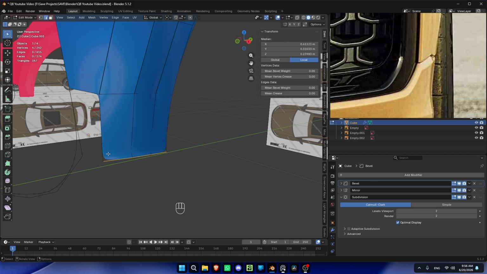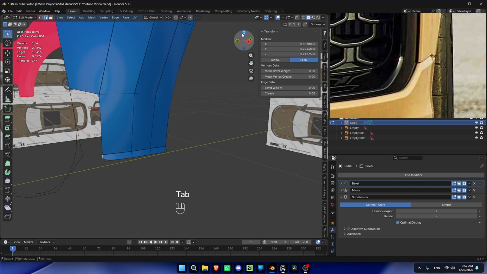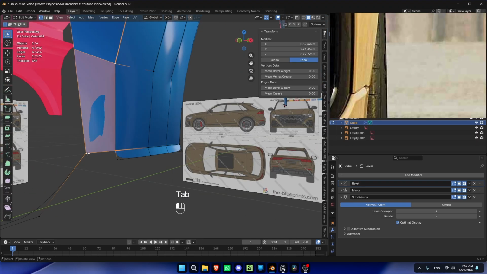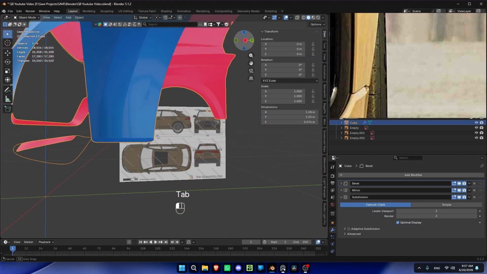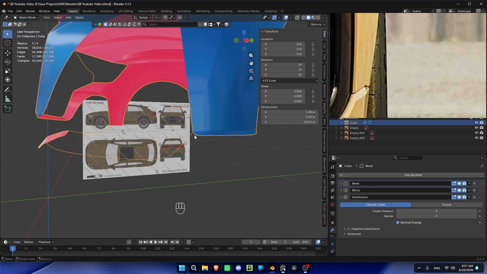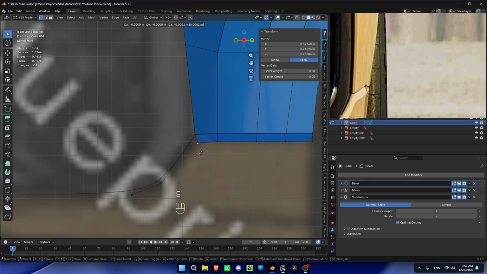So let me just add rough edge in here so we can see what we are working on. All right, let me just fill this one just like so. All right, and you're gonna need to imagine it just like so. Just get this edge right, and you're gonna just keep imagining. Okay, I will fix those later. I'll show you. And in here, you're gonna try to imagine a fake line